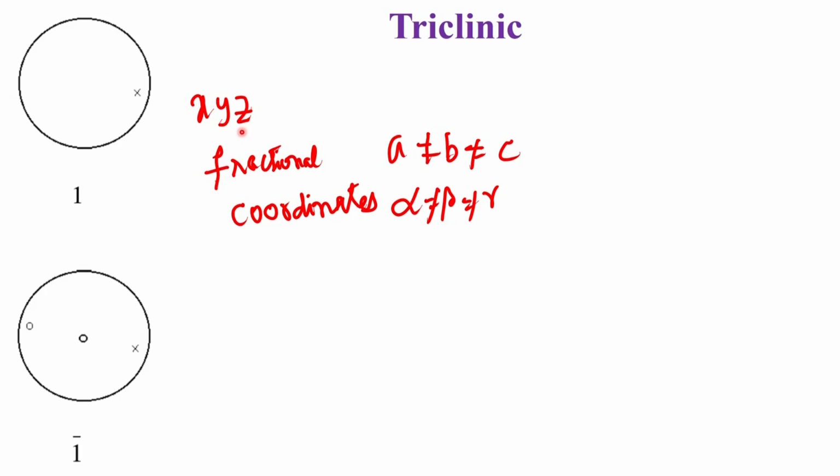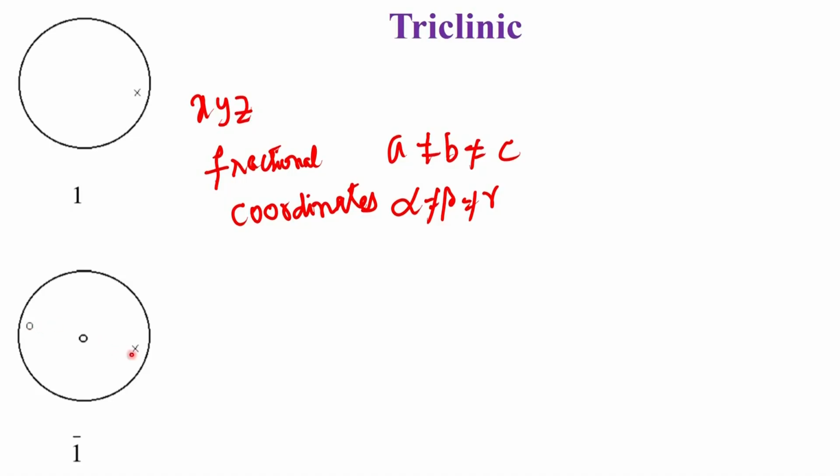So, that is why the nomenclature is to be carefully noticed here. When we say little x, little y, little z, these represent the 3 directions x, y and z, but these x, y and z now represent actually the cell dimensions A, B and C. So, we should remember this issue. And in a triclinic system the presence of an inversion center is a possibility, because inversion center is with respect to a single point. There is no question of involvement of any rotation axis or mirror plane with that, and therefore, only these two now represent the point groups in the triclinic system.